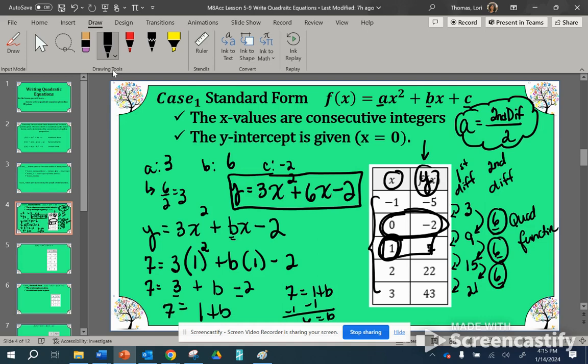So that is how you find the equation of a quadratic function when we're given a table of values. Two things have to be true. Our x's have to be consecutive. That will help us get our a value, our second difference divided by 2. The second criteria is we have to have